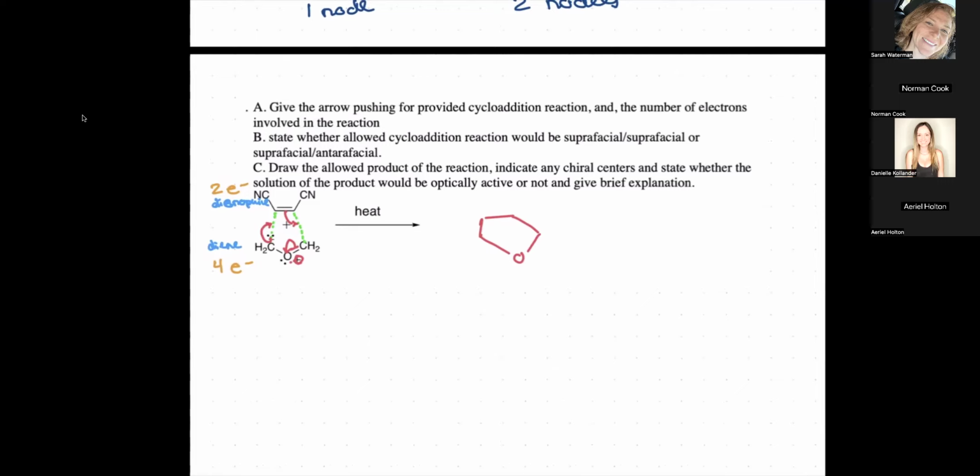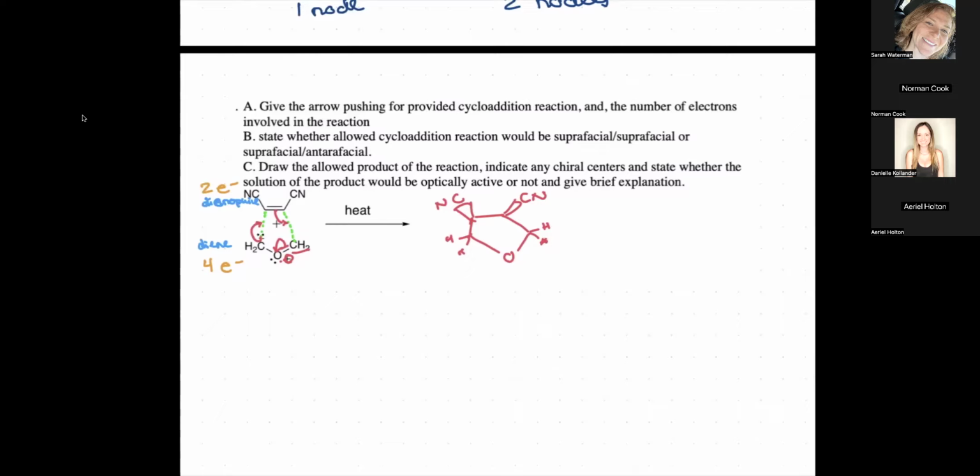wedge, dash, what's going on? They're both wedged or both dashed. Yeah, exactly. Yep, because they're both outside, right? That's all that means. The only reason why they're like that, right? Okay, so now it's asked, so this, I'm not drawing it because CH2, obviously you have your hydrogens here, but just so we know that that's what this is, right? Okay, so